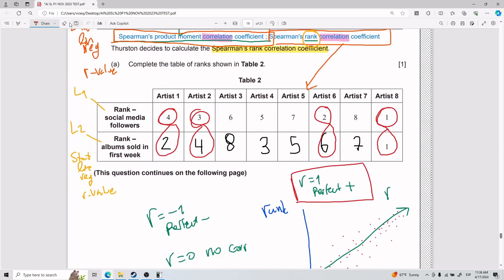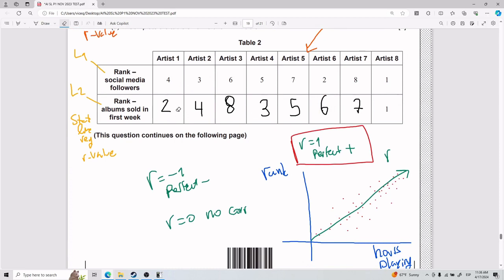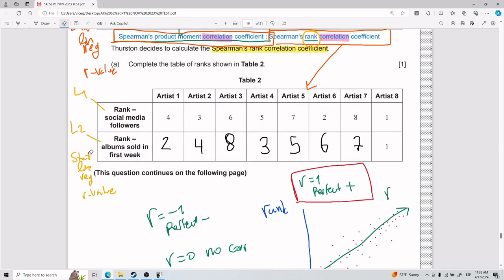Okay, so that was a little bit of explanation for us to understand why people do this in the first place. But going back to the procedure you're going to memorize because you have your test tomorrow. You put L1, you put L2, you go to stat line reg. These are your 3 steps. First, list 1, list 2, stat line reg, write down the R value.